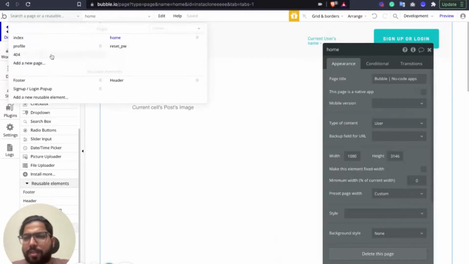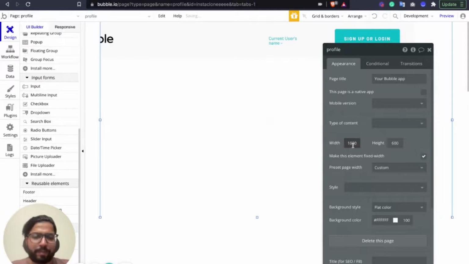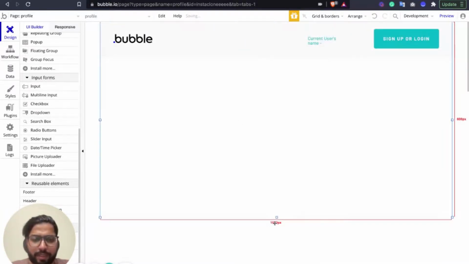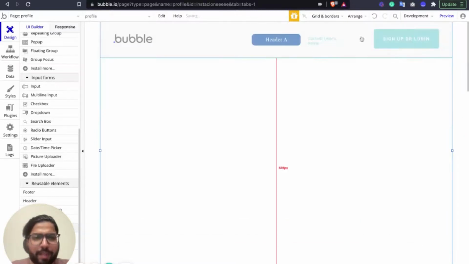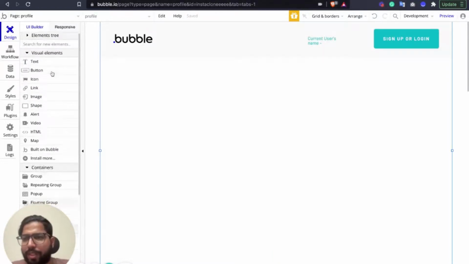Okay, I'm just going to keep it as 1080 here as well, and just keep it in center. Increase the page height a little bit. I'm just keeping it here so that in any flow, if the system logs you out, or if you want to log out or log in from some different user, you can do it at every page instead of going back and forth to the home page. So here we are going to create.